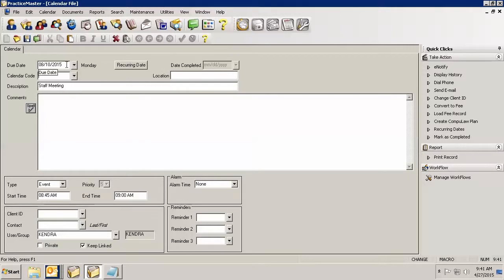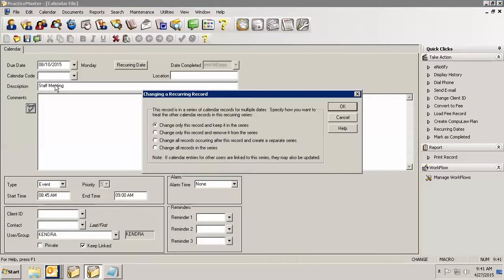I'm just going to push this date out to the second Monday, because what's really cool is when I hit save, it's going to ask me, do I want to change only this record? Maybe just this 1 month I'm going to change the date to the second Monday because there's a conflict. But maybe I'm going to change all of them. So I can say change all records occurring after this record and create a separate series. Or I can just change all of them, and this is going to go back and change everything,